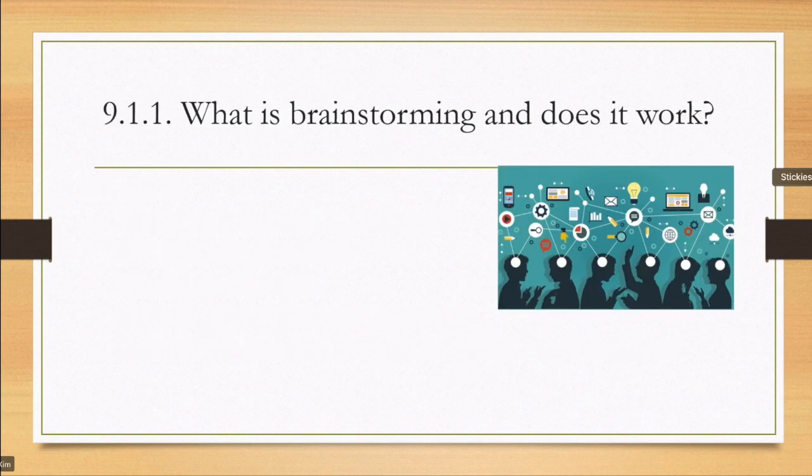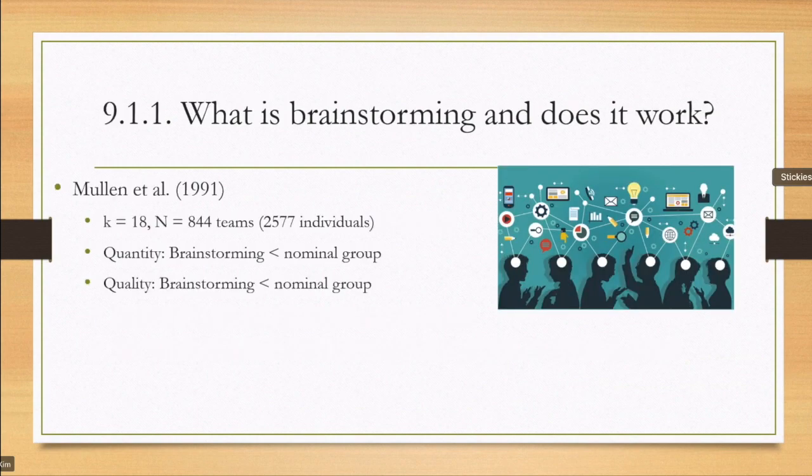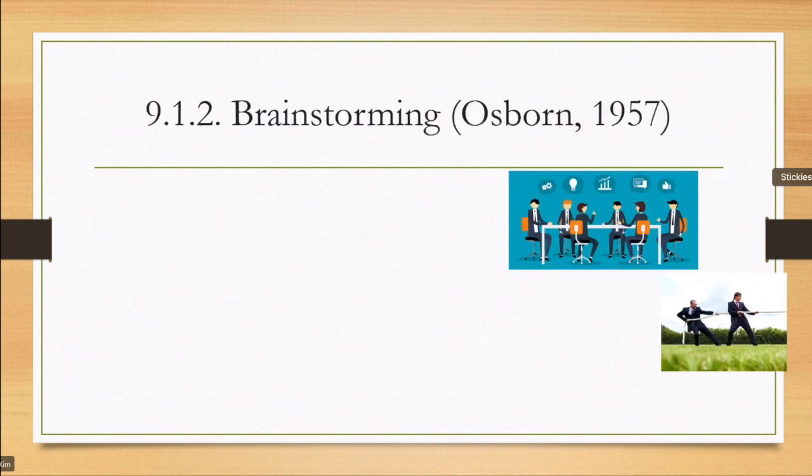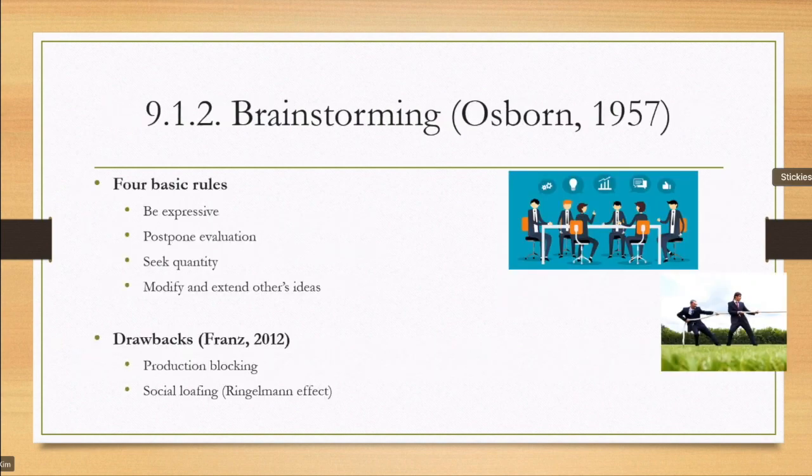Now about team barriers: brainstorming, in quantity and quality, performs worse than nominal group, which is just a group which shares the information. So brainstorming is the group technique which you all know. So what may be better is